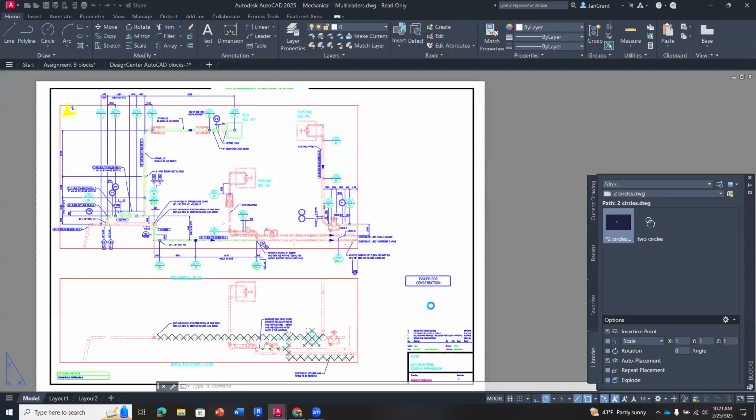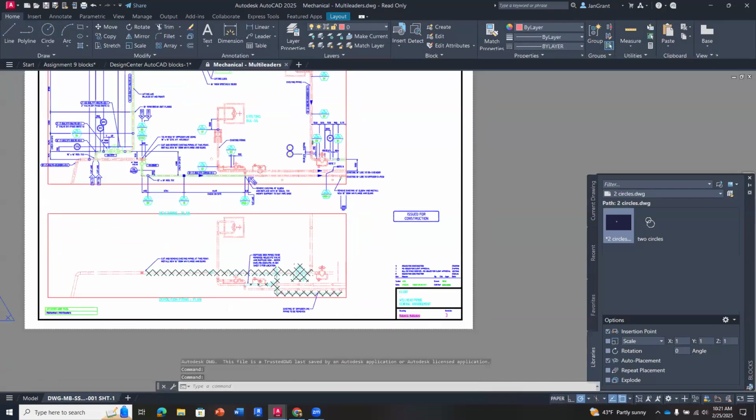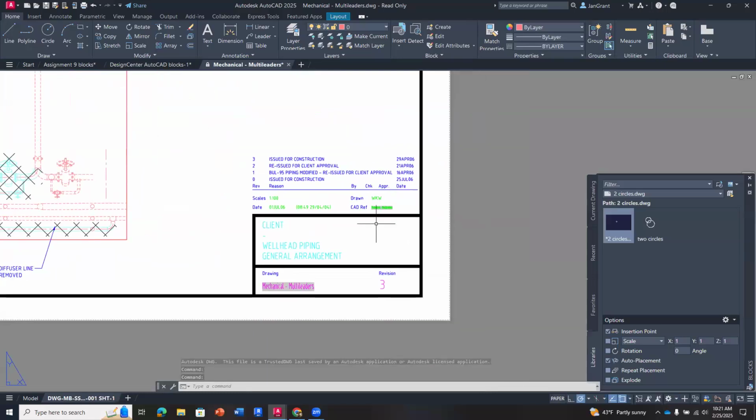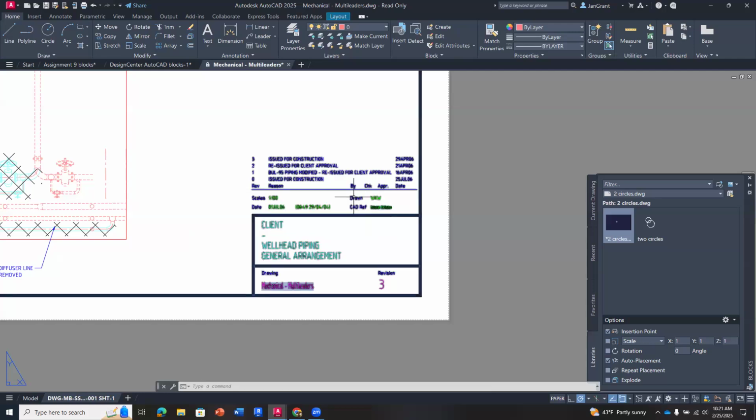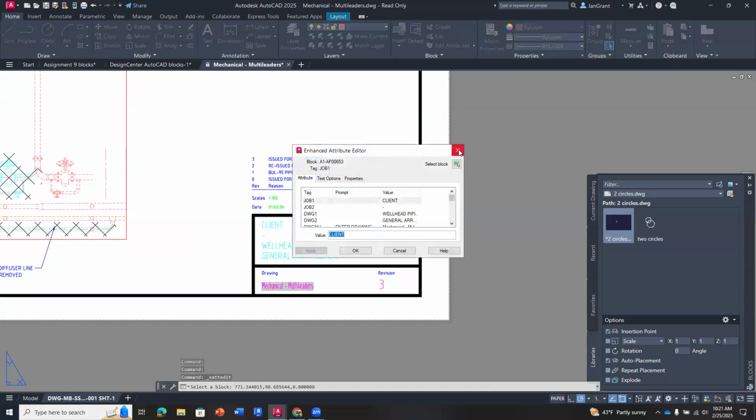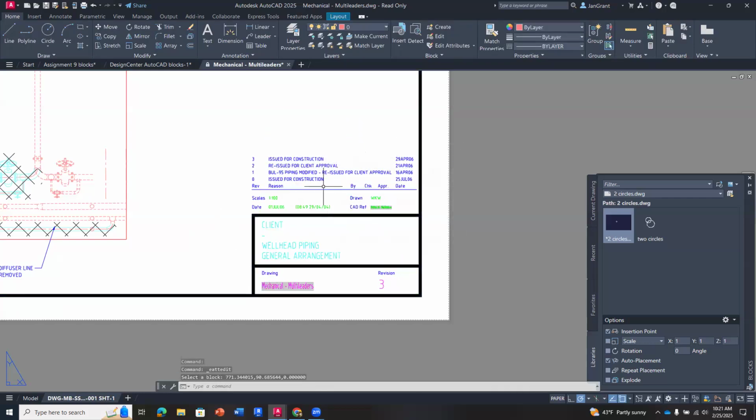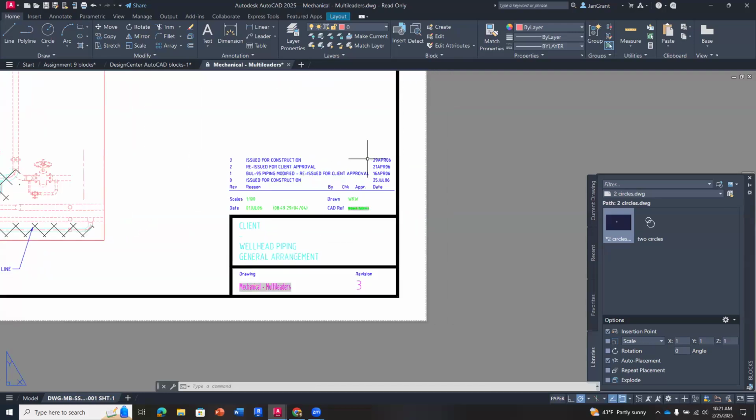Open as read only. Does it have it? Yes. Okay, so this is just to show you. I'm only showing you this randomly as an introduction to text attributes, which are part of blocks. So it's a title block that has text in it that we're familiar with, like multi-line text or single line text, but these are text attributes where if you double click on this title block, it's usually with title blocks,